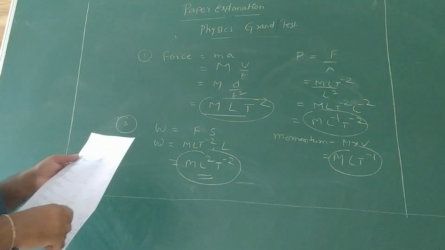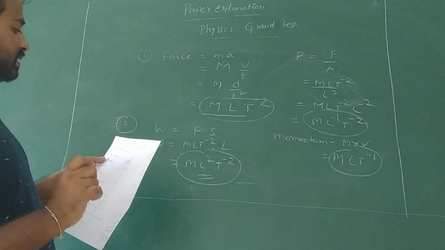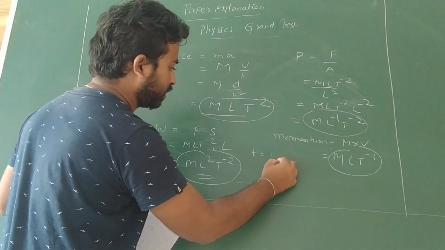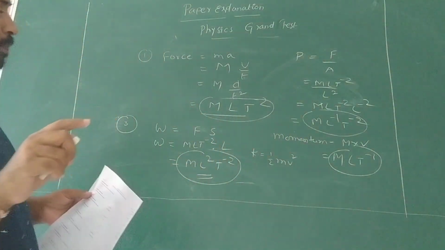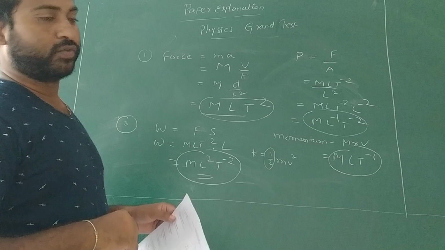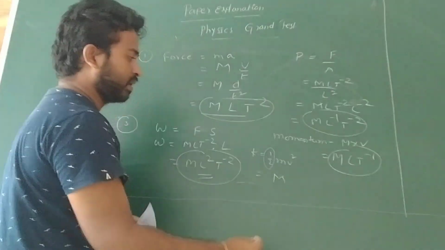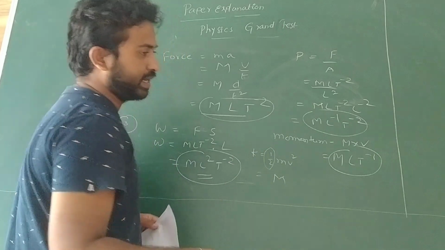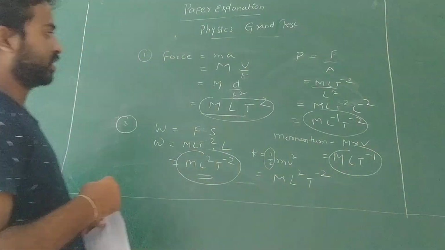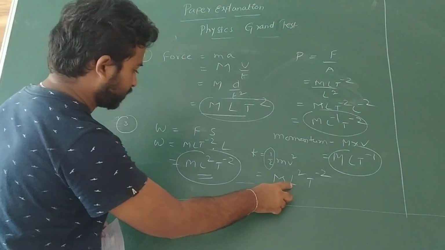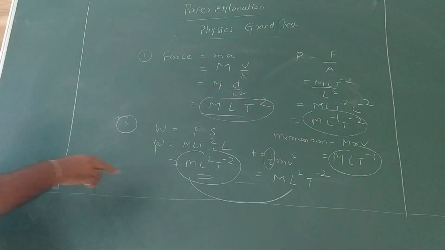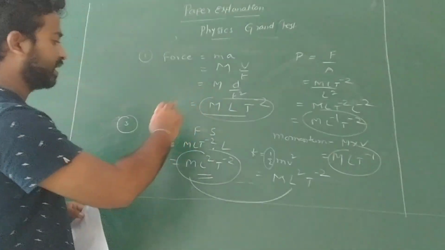So now here we have to find which has the same dimensions as kinetic energy. So we know the kinetic energy formula. What is the formula of kinetic energy? Kinetic energy equal to half m v square. Already I told clearly, when we calculate dimensions, we are not considering constant values. Here 1 by 2 is a constant value. So then mass means capital M. V square is nothing but what? Displacement by time, whole square. Then displacement is nothing but L square. So T square goes to numerator, means it becomes T power minus 2. Now you can see, it is equal to which one? It is equal to work. You can see M L square T power minus 2 and M L square T power minus 2. So the dimensions of kinetic energy is the same as that of work.